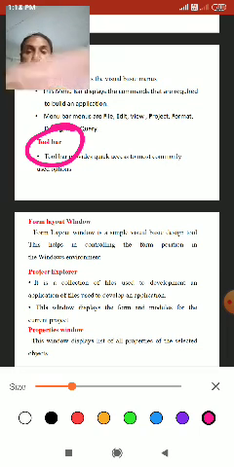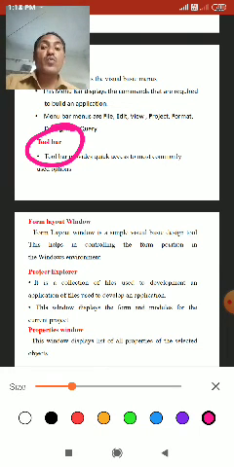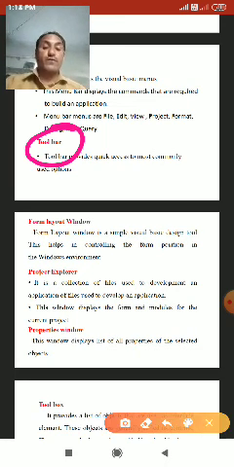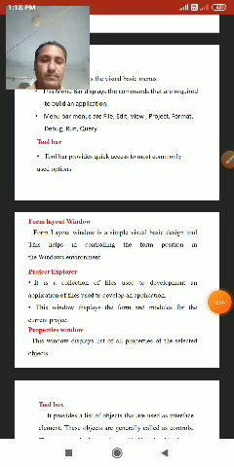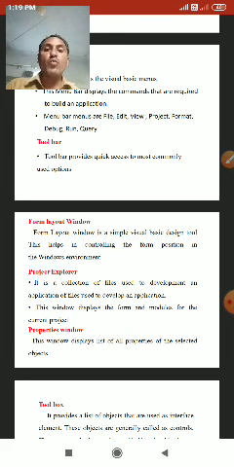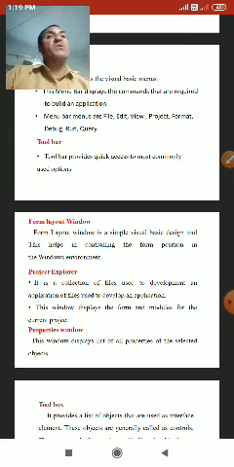The next one is the toolbar. Toolbars are very important in this form. A toolbar provides quick access to the most commonly used options.